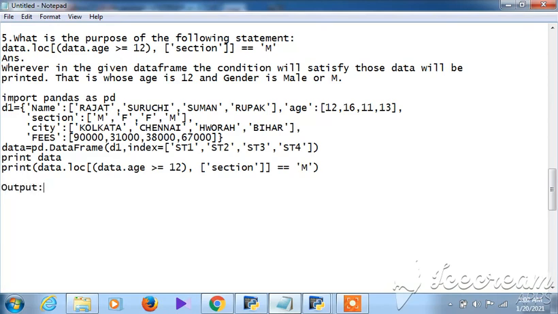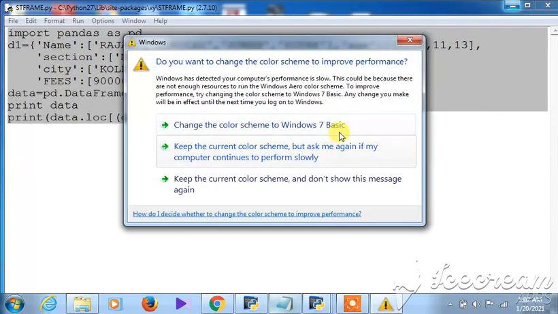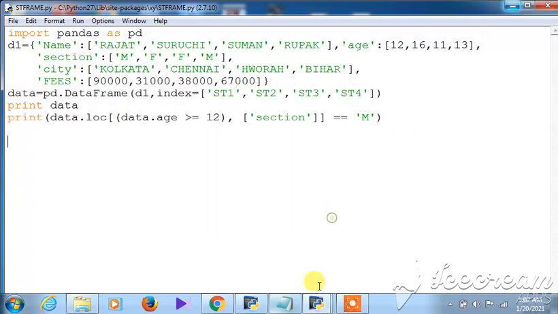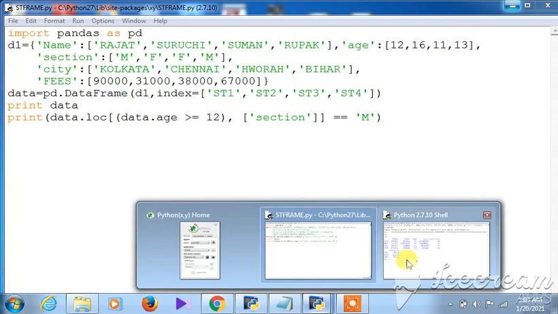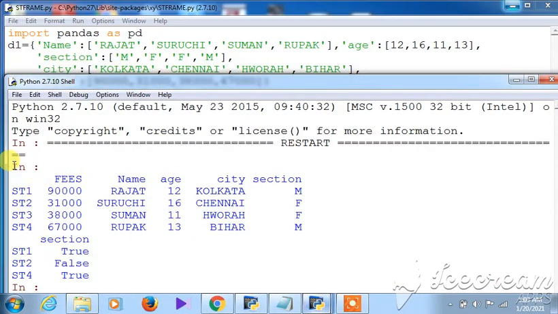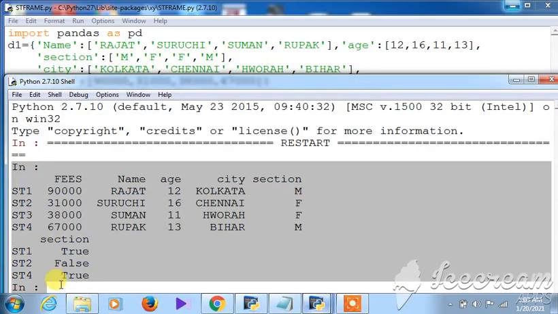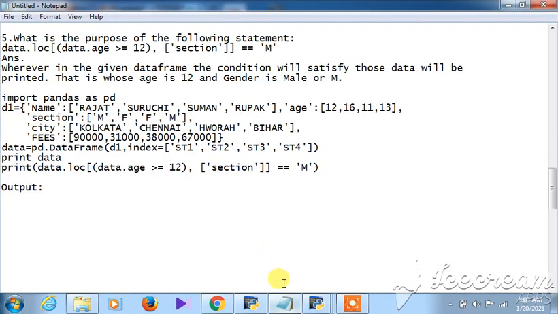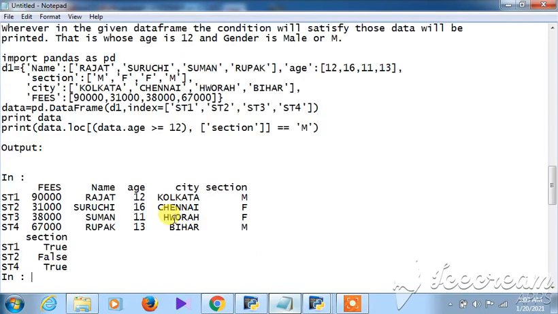So what is happening in fact? I'm just closing it once, wait. The output has also been generated, so I'm giving you the output also. This is the output of the given program. In this case, if we are not taking the reference data frame, then it will not understand this answer. That's why I have explained it over here. So that is the program, and that is the answer of this one.